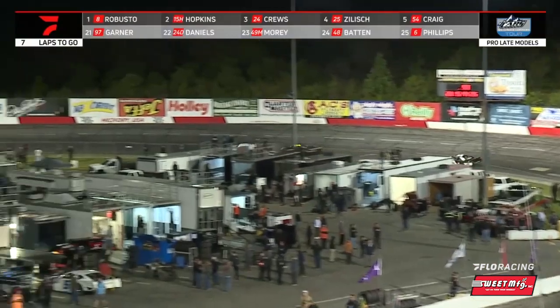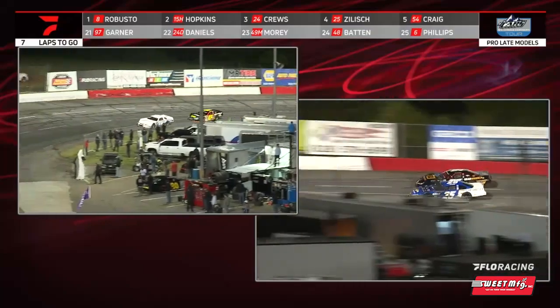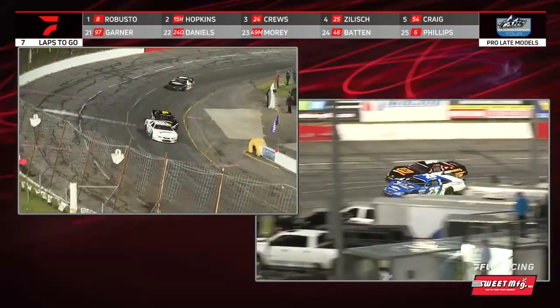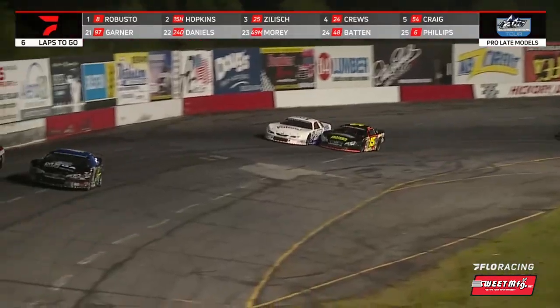Behind them, Connor Zilisch has caught Brent Cruz for the final spot on the podium. Leaders on the backstretch. What this would mean for Isabella Robusto, who has been off to a terrible start in the late model stock car portion of the Solid Rock Carriers Cars Tour through no fault of her own, but what it would mean for her to try to gain back that momentum after her great run in the Pro